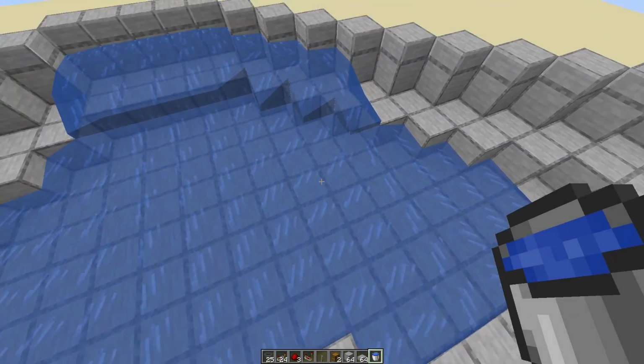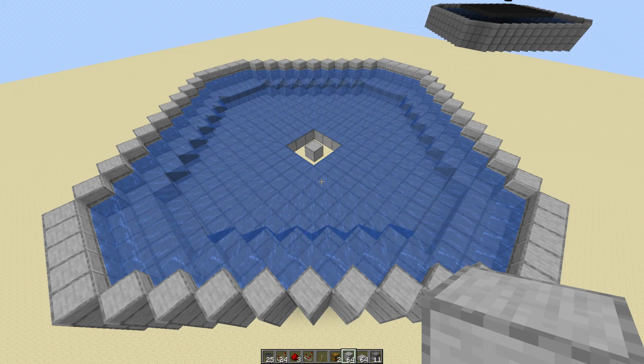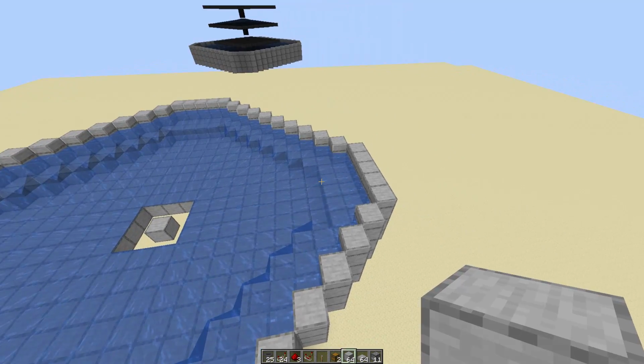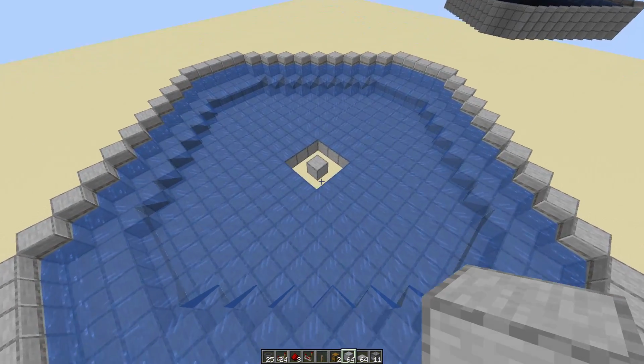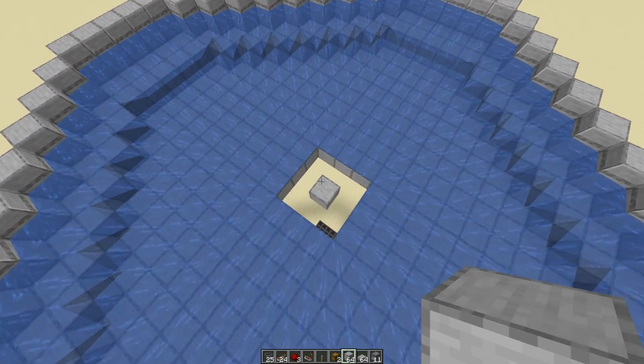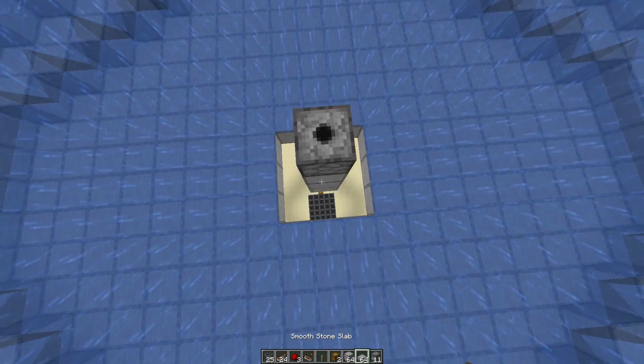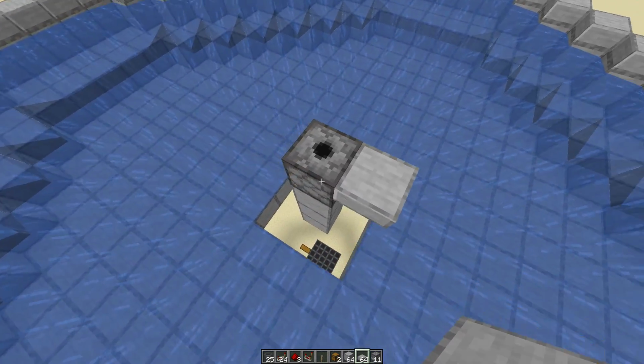So like I said, just continue the whole thing around the entire perimeter. Okay, so as you can see, all the water is placed and it should all flow directly into the middle, just like this. And so for the next step, you're going to need to place 2 blocks going up from the center with a dispenser on top, and on each side of that dispenser you will need to place a